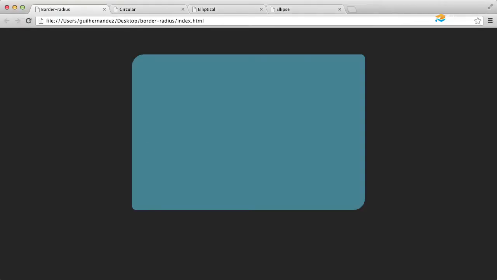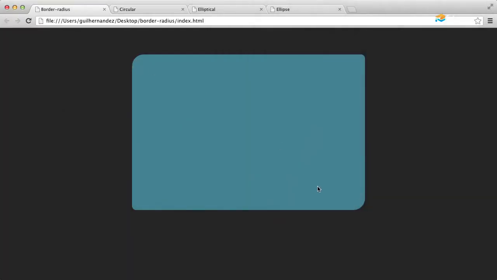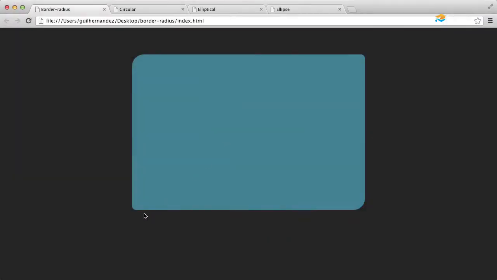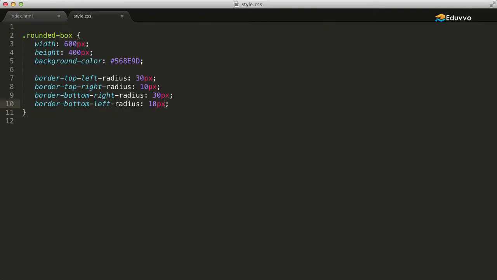When we refresh this in the browser, there we see the smooth 30 pixel radius for our top left and bottom right corners, and the 10 pixel radius for the top right and bottom left corners. When we use a percentage, the value refers to the corresponding dimensions of the box. So if we change the border top left and border bottom right radius to 100%,